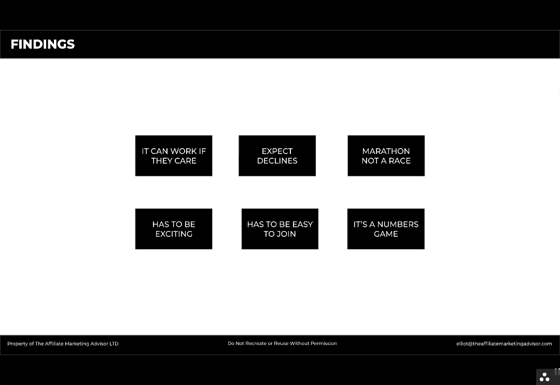The way to look at it is the first crop of influencers, you want to make sure they're as successful as possible. Word will then spread, and they will help inspire more influencers to join. And it also gives the business a good case study when trying to recruit other influencers that working on a CPA-only paid on results model can sufficiently remunerate them for their efforts. It has to be exciting, it has to be easy to join, and ultimately it's a numbers game. So the more influencers you can compile on a shortlist and approach, the more likely it is that you'll have a group of influencers willing to work on a paid on results basis.